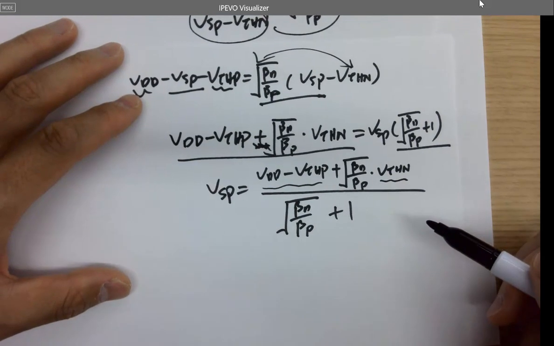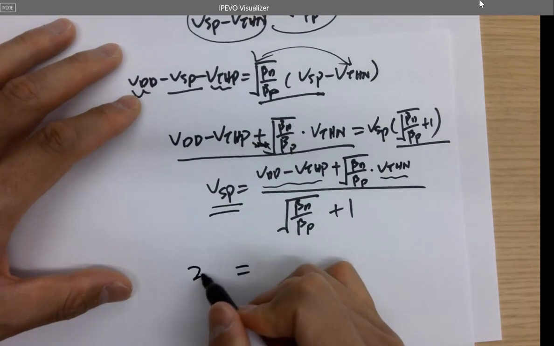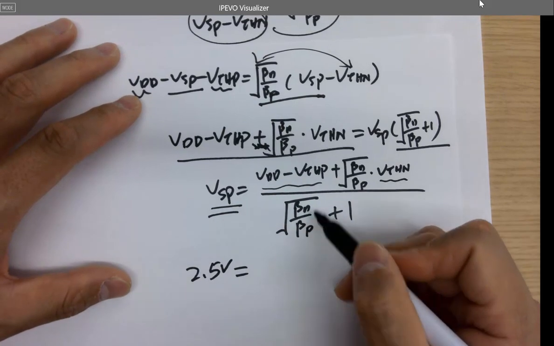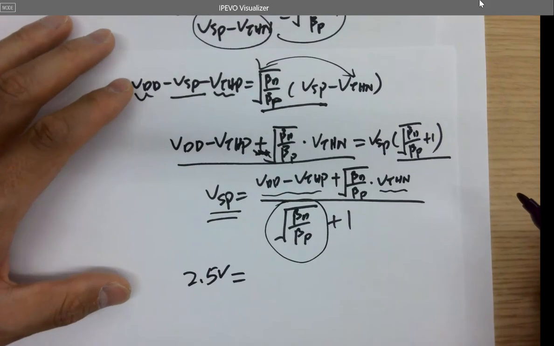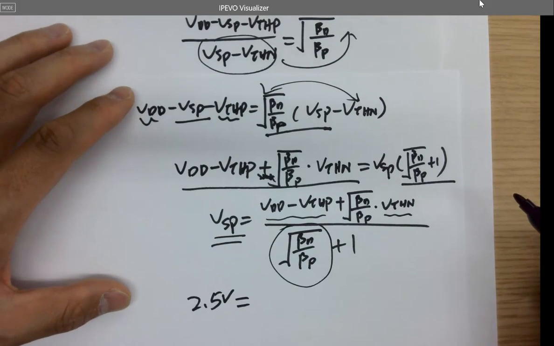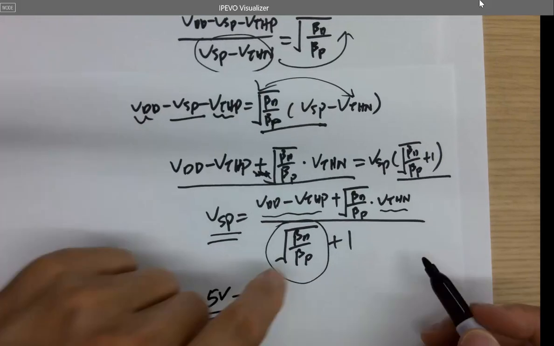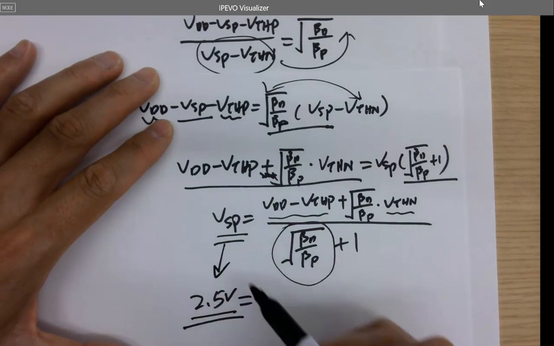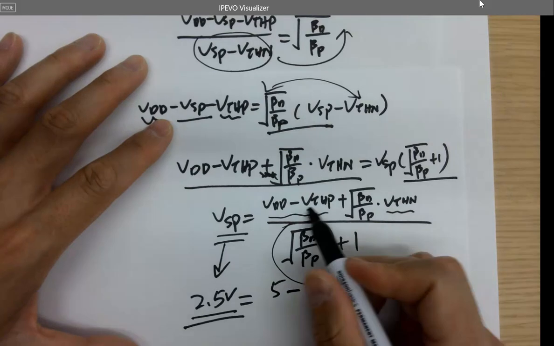Let's plug in the values into it. So for example, we hope this one to be 2.5 volts, right? And then we are designing the size of the transistor by getting a value here, so the ratio of the N and P MOSes. This is what we desired, right? And then we calculate back to find out the width and length of the transistor. So assuming that VSP is 2.5 volts, and this becomes 5 volts, which is VDD minus VTHP, which is 0.9